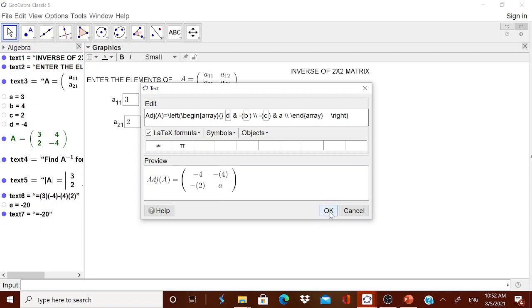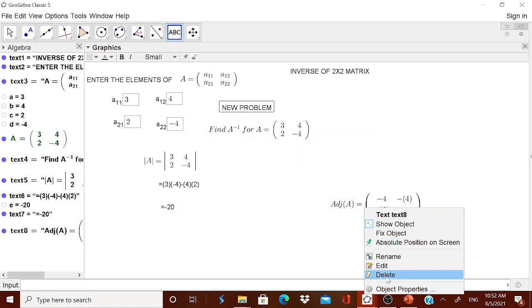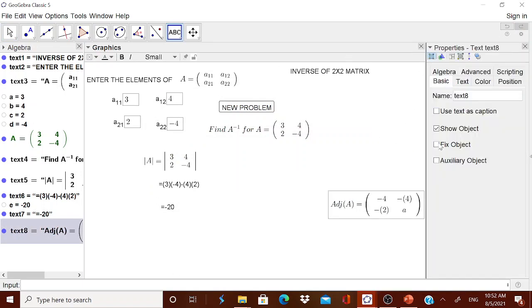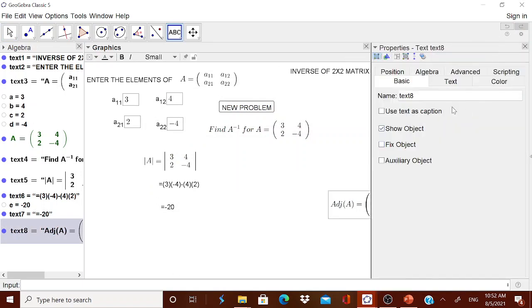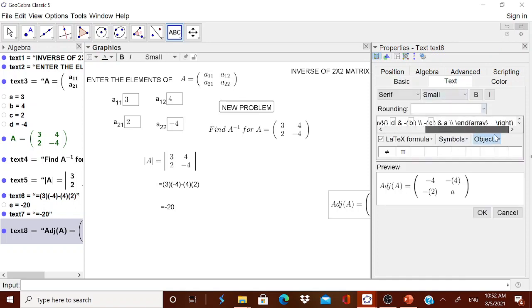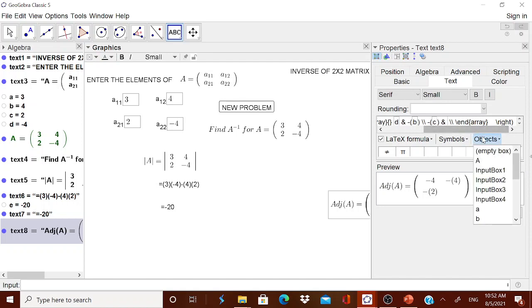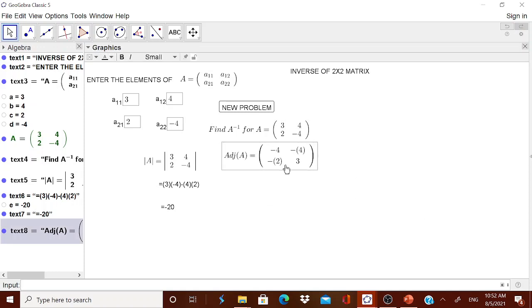Is it okay now? Sorry, A should not be a small a, it should be from the text. Therefore go to the text. In place of A I should have it from the object A. Okay, I think I got it. Now you got that from A, then how 3 and minus 4 are interchanged and these two get replaced.